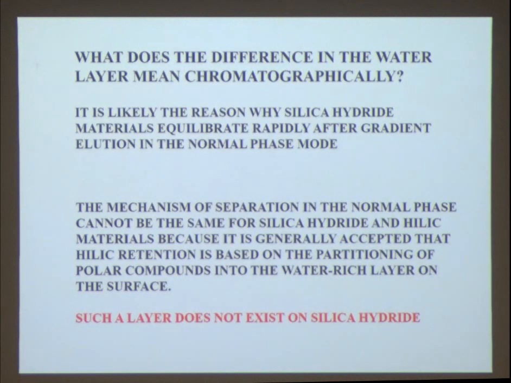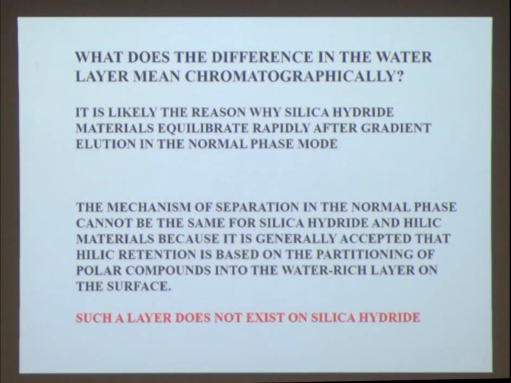So what does the water layer mean, chromatographically? One thing we noticed, even before we did the water experiment, was that if we change the mobile phase composition, the silica hydride equilibrates very, very rapidly. You can do another chromatographic run in a very short period of time. But with an ordinary silica material, it can take many, many minutes, or column volumes, as people refer to it, how much liquid we have to pump through the column before it equilibrates and you can do another run. This is one noticeable difference between the two, and we think it is because of